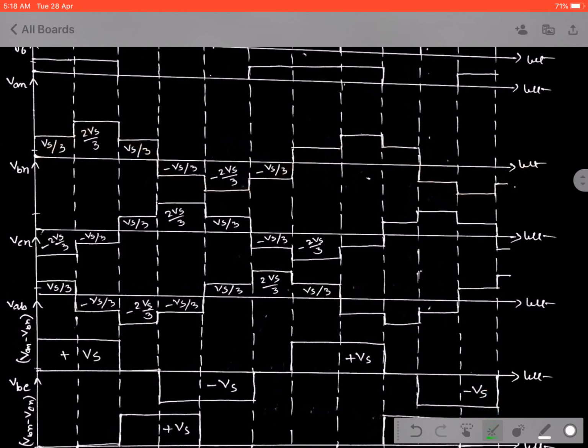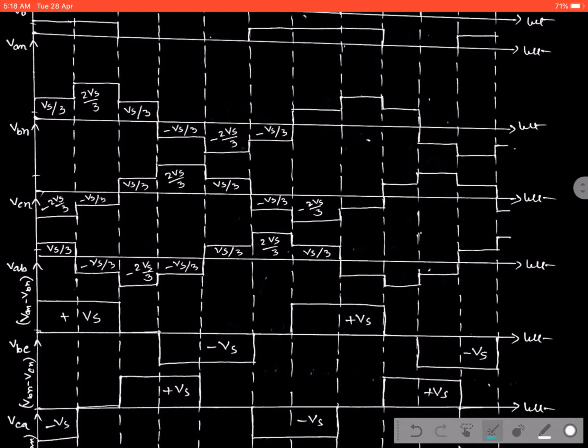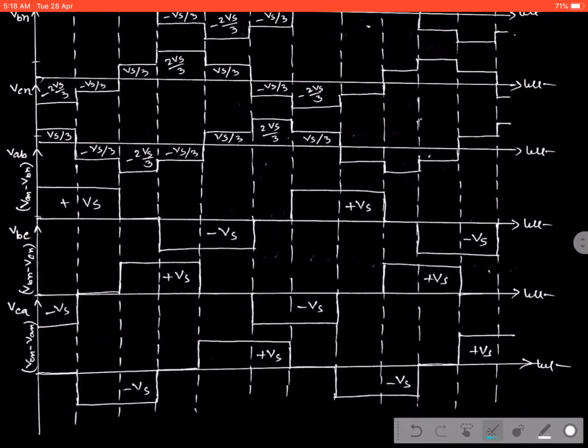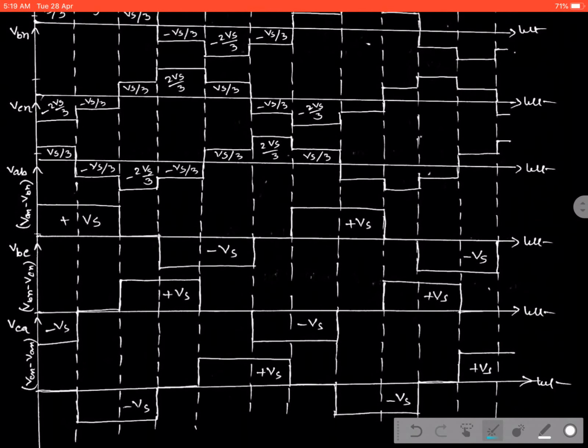In case of the VBN, it starts from the maximum value, then 0, again maximum, then 0, maximum, 0, maximum, 0. So this is the pattern for VBN, and last, this is the pattern for VCN, started from 0, maximum, 0, again maximum, again 0, maximum, 0, and maximum, just similar to a sine wave. That means this is the pattern for phase voltage, but we are more focused on forming the line voltage, as the line voltage is appearing across the load, which is defined by VAB,